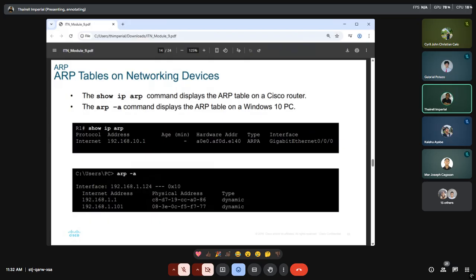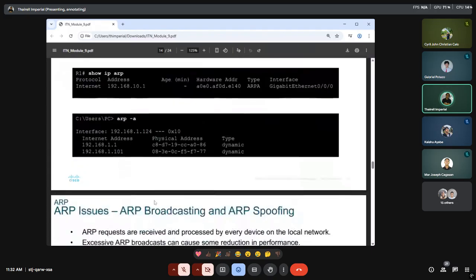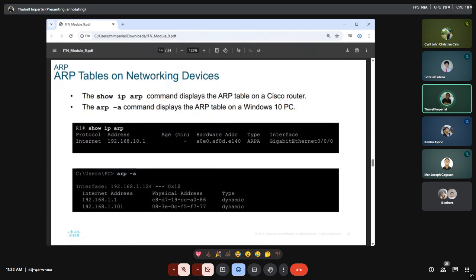what kind of devices, or what exactly are the devices that are currently connected to your end device. So in this case, that end device is your computer. So what are those that are connected within your network? Now, you can also do this in Windows. As shown here in this example, in Windows you just type in ARP -a, and then it will show you the ARP table stored in the computer's cache.